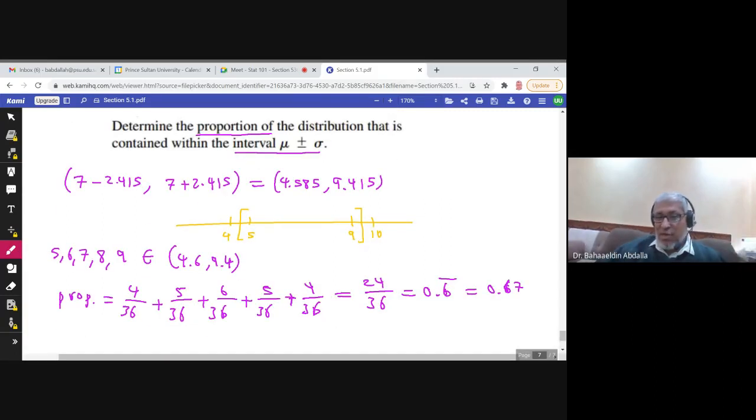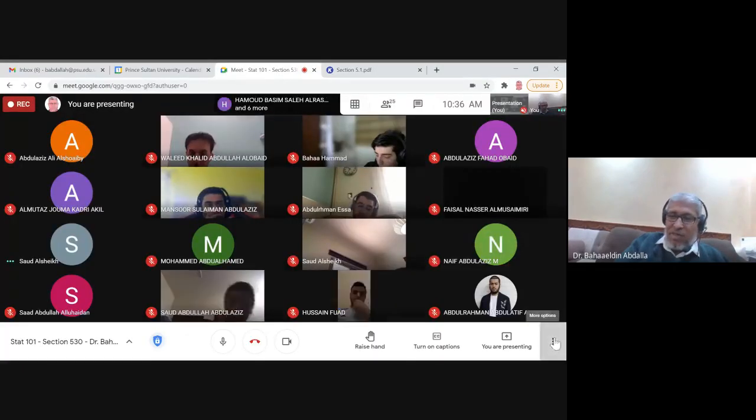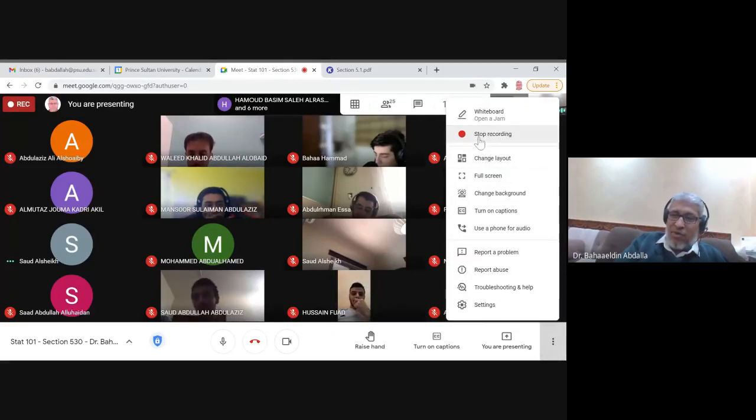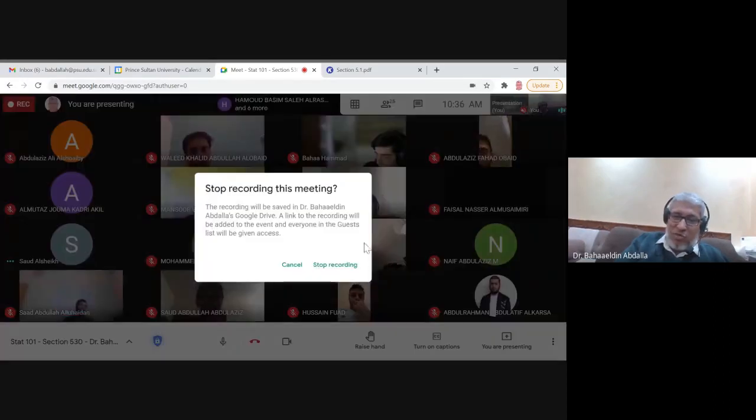Please do at home, continue the question. You can find the interval, mu plus or minus 2 sigma, and check what proportion of the distribution lies in the second interval, and you can also check the third interval. This is the end of section 5.1, and inshallah tomorrow we start